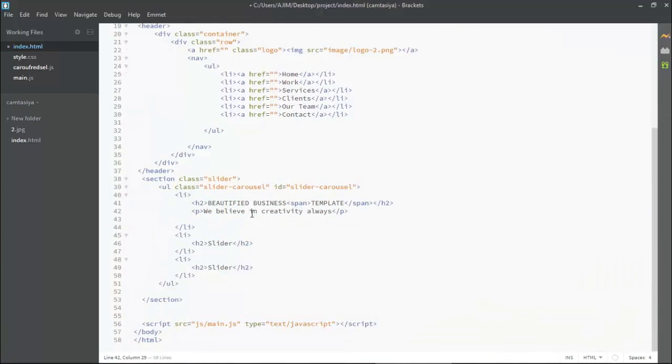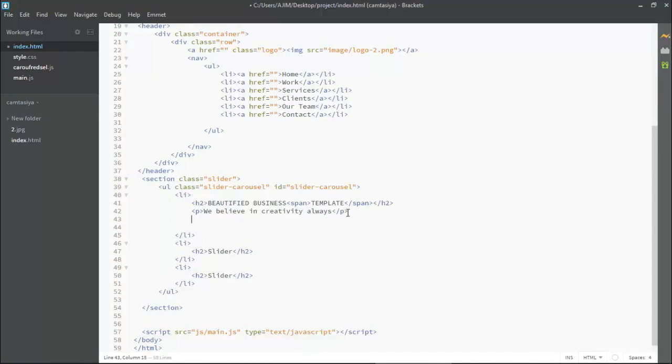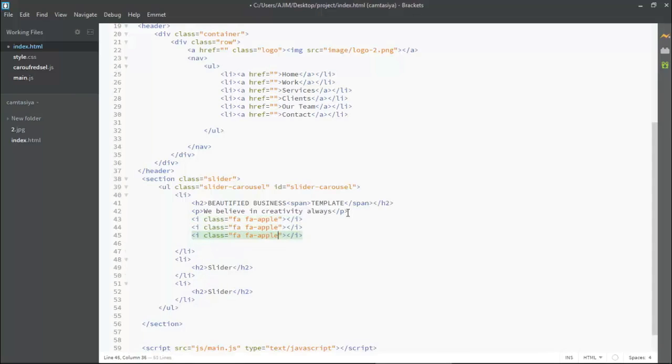Okay, just I'm coming here, and here I'll be putting all my icons. For putting the icons, we have a selector or the tag like i. Inside this I am calling my class like fa, meaning Font Awesome. And here apple, I am calling the apple. Now we need two more, so I am duplicating it two more times. Here I'll be changing the class name only. So here I am putting android. After this I am putting windows.